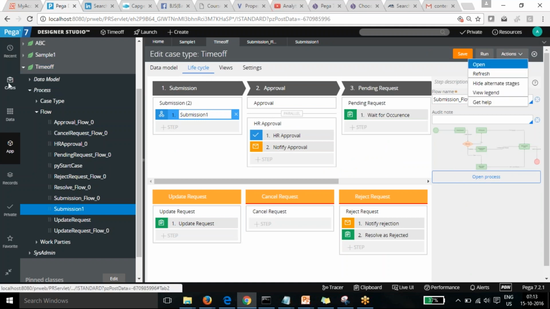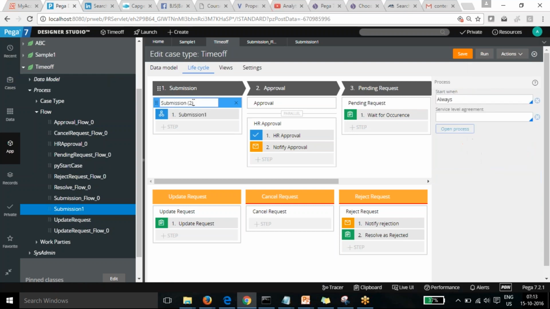What I'll do, actually, is reopen. Sorry, I'm changing this one. In place of the step, I need to change the flow name. Sorry, I'm changing the steps. That's why it's not getting reflected.